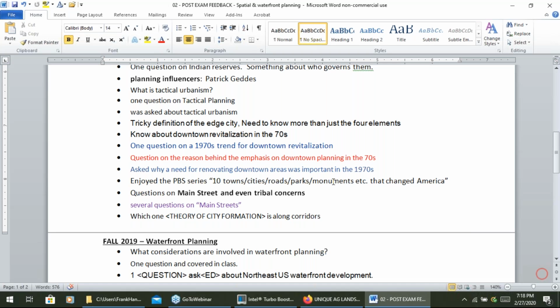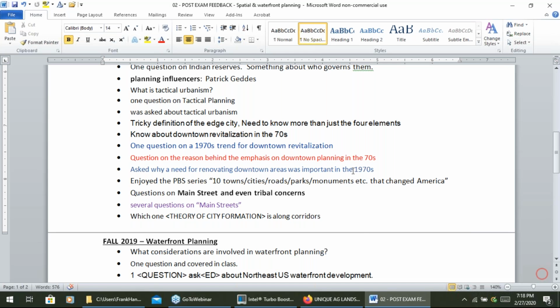Like I said, we can't cover everything in detail, but we do touch on it. I give them a little paper on 50 types of urbanism, and it's got tactical urbanism there as well as new urbanism as well as all sorts of other urbanisms. But yeah, they do get a little bit into that.